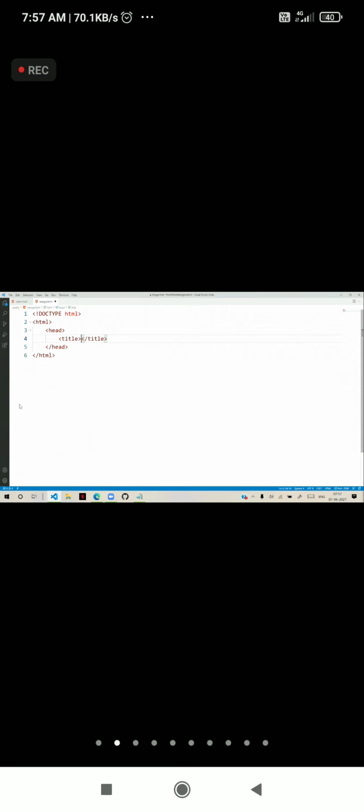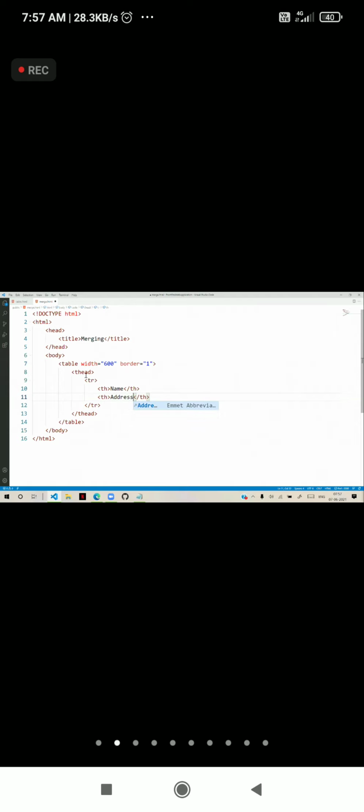So here we said merging, and in the body section we defined a table, and I will just give here width is 400, border is equal to 1. Okay, and in this we have thead, tr, and th, the table headings, and here we have name, another we have address.